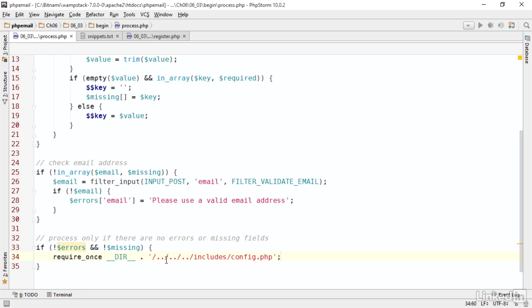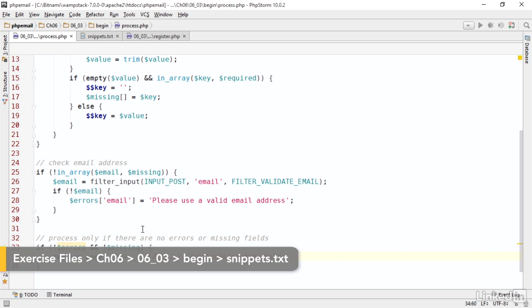I want to send 2 different versions of the email, one to the person submitting the form as confirmation and the other to the conference organizers. That means using the decorator plugin as described in the previous chapter. Building an HTML message and creating the transport involves a lot of code that's been covered in previous chapters. To save time, I'm going to copy most of it from snippets.txt, which you can find in the begin folder